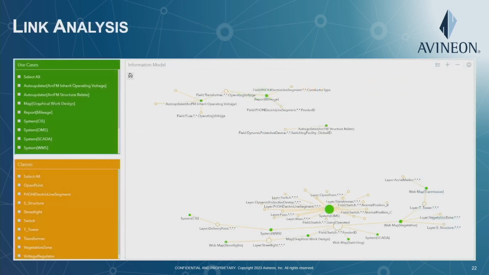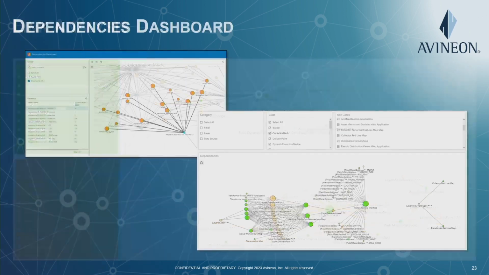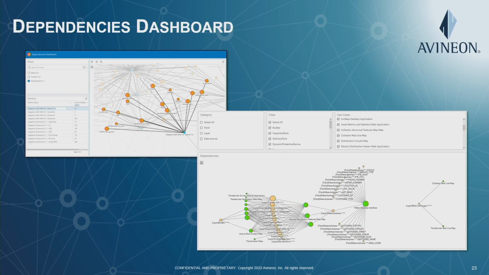And then, of course, the other big part of the visualization for them was being able to see the link analysis. So with the use of Insights for ArcGIS, now they're able to get these really awesome graphics and click down and say, okay, well, we know this one field is being used with those 5 applications. And instead of digging through the spreadsheet where a lot of information was getting lost, it's a very quick and easy way to go in and look at the data. And then, of course, as I mentioned, all the dependencies, so being able to look at those different dashboards and view that. So for them, taking that step back and documenting everything in the system really helped with their migration